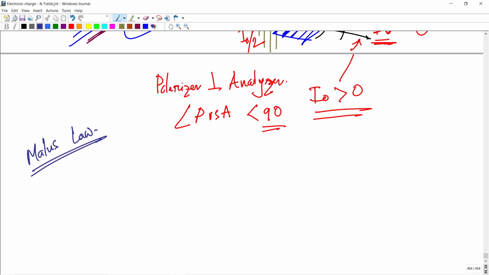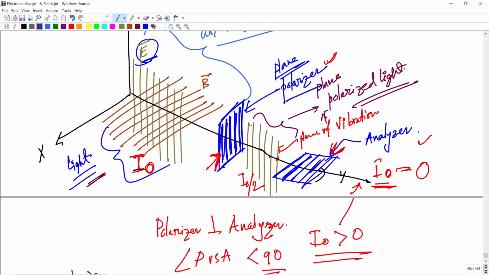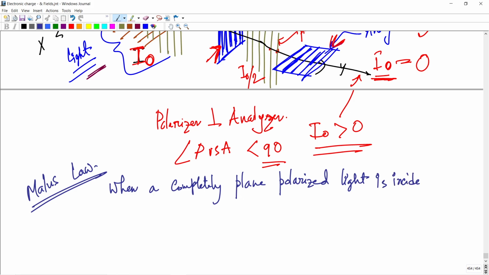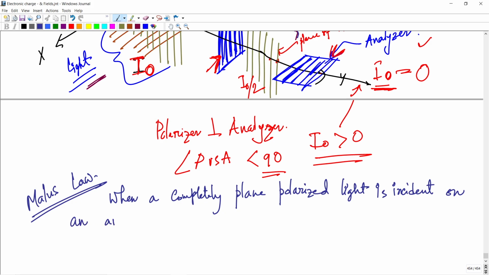It states that when completely plane polarized light is incident on an analyzer, the intensity of the emergent light varies as the square of the cosine. Actually, the light after the polarizer is plane polarized, because it has only one plane of vibration, not several. So when completely plane polarized light is incident on an analyzer, the intensity of the emergent light